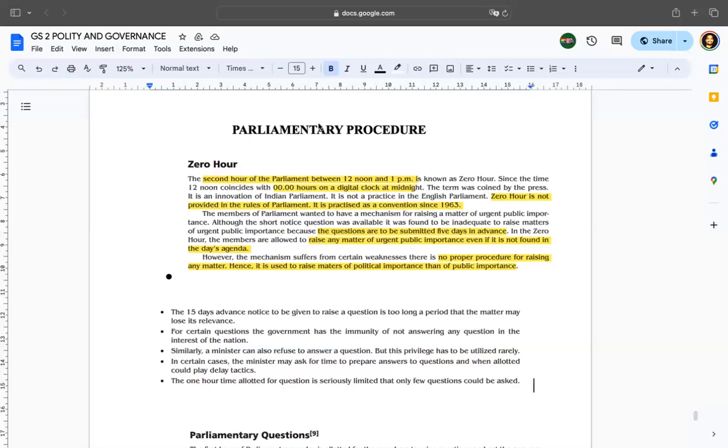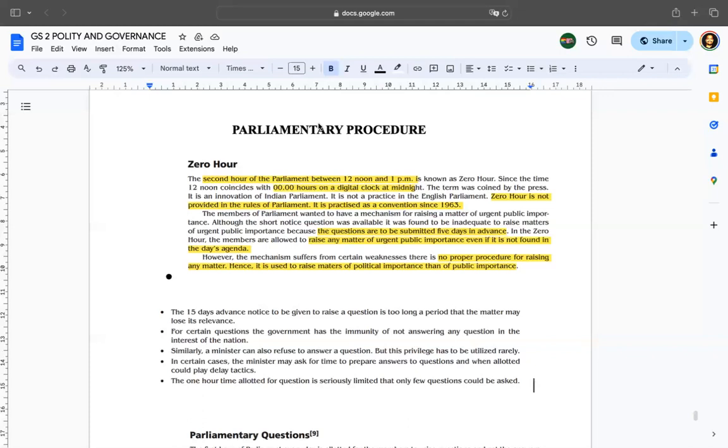For an example, Mansi is the Minister of External Affairs, and Oshik is a normal MP coming from Bihar. So I am asking a question from the minister, and then I'm asking a question on the similar topic or any other topic from the Oshik as an MP. So that kind of questions come under the yellow color. So these are the four kind of questions which are asked in the question hour.